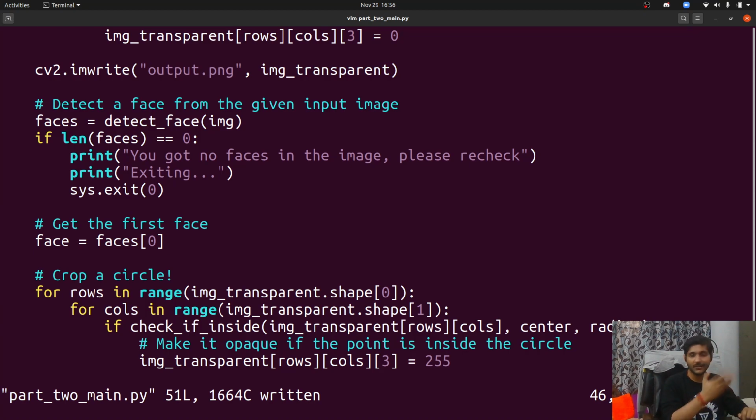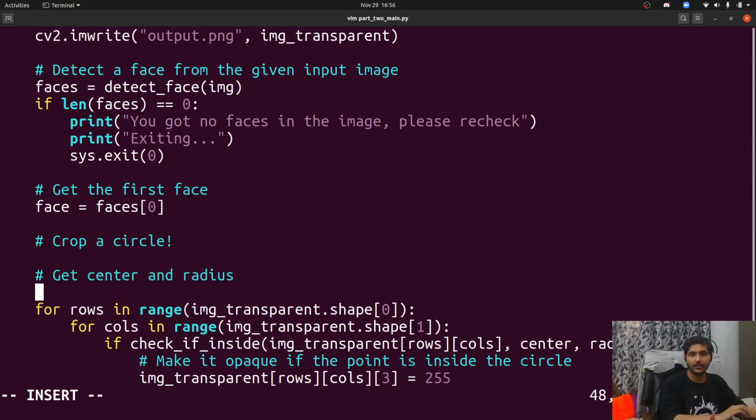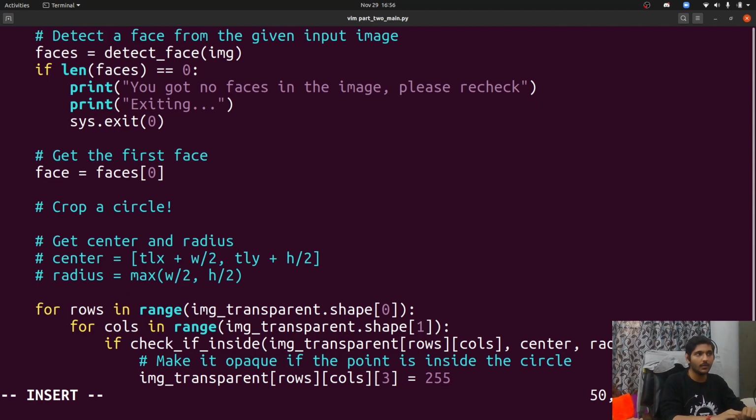But before that, you of course have to get the center and radius. As I told you already, the formula for center was TLX plus W by 2, comma TLY plus H by 2. Radius was max of W by 2, comma H by 2. So it's very easy, guys.